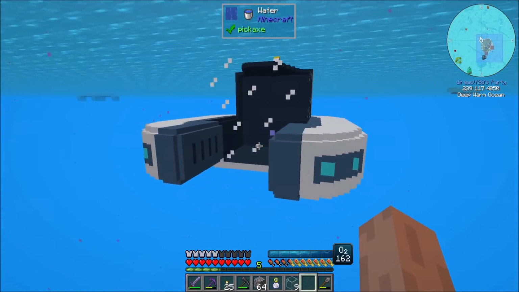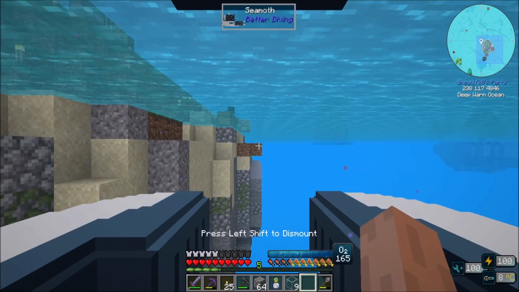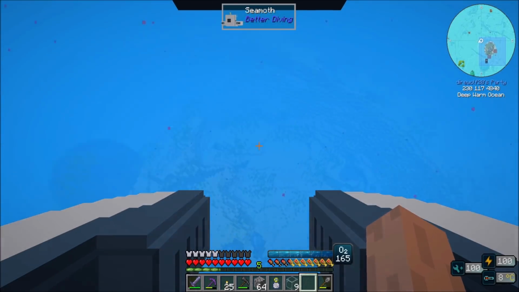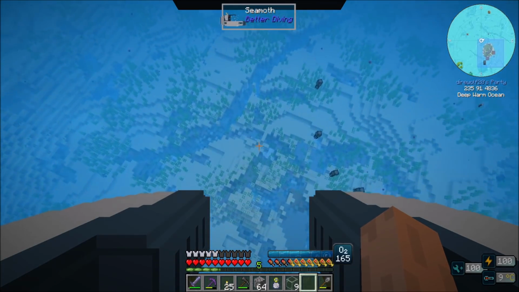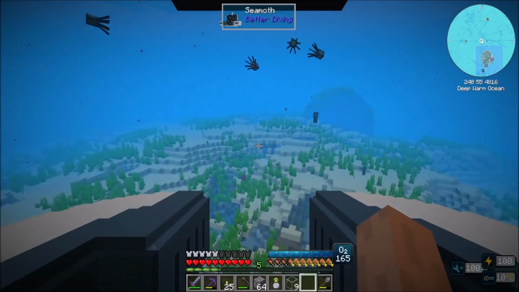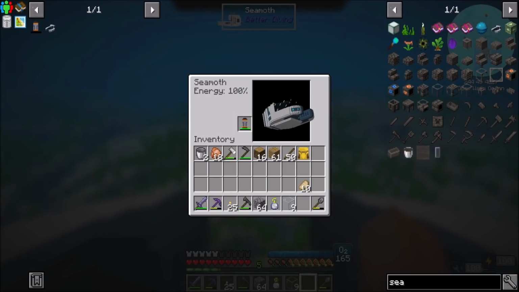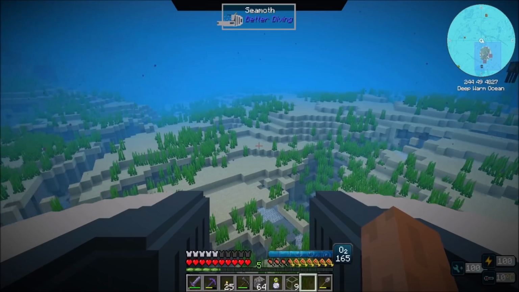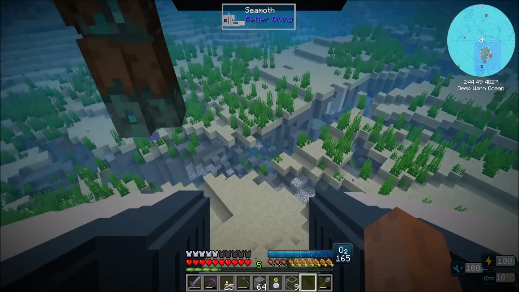So if I pop you into the world, oh man, it super looks like the Seamoth from Subnautica. It super duper does. That is cool. It even has the same sound effects. Anybody who's played Subnautica is probably totally there. Look, on the bottom right, it has a little thing. That's cool. Oh, look, you can open up your inventory, and it has... Oh, there's the power cell. Sweet. So when you open up your inventory...